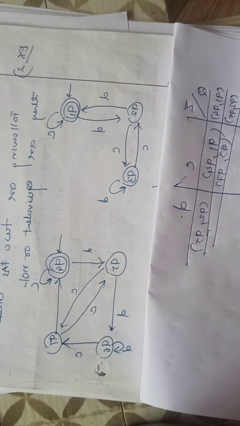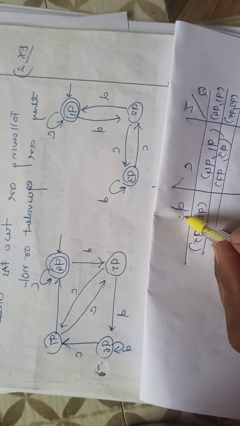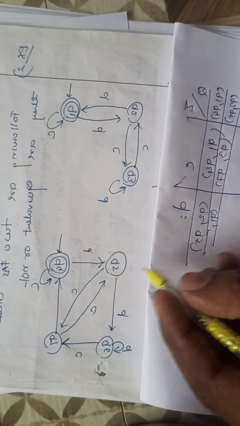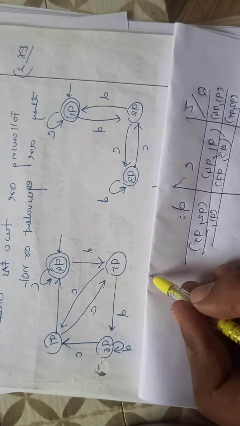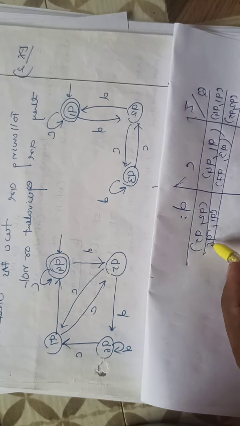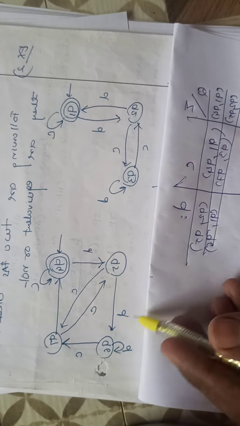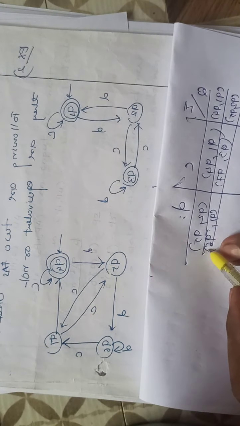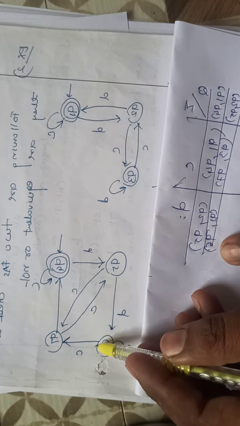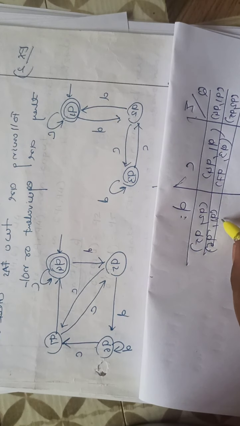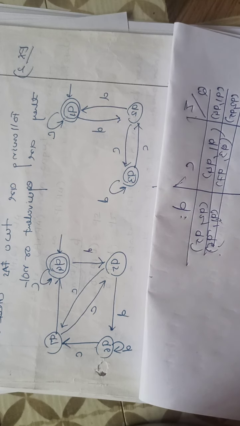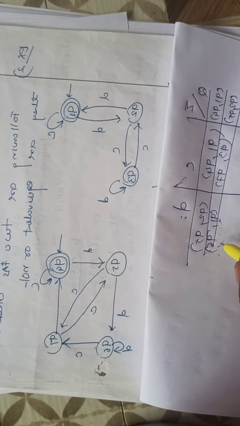So we need to continue. Q2 after receiving D will be in Q1, and Q5 after receiving D will be in Q6. Now here you can see Q1 is the final state and Q6 is the non-final state in the other DFA. That's why in a pair we are getting one final state and one non-final state. Therefore these two finite automata are not equivalent.